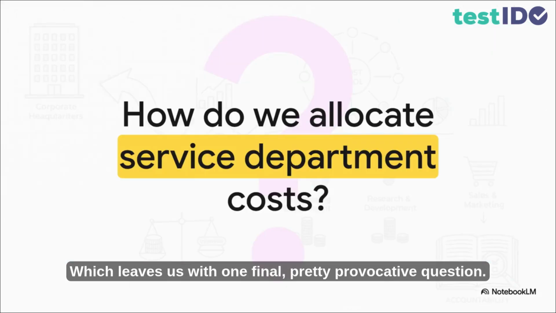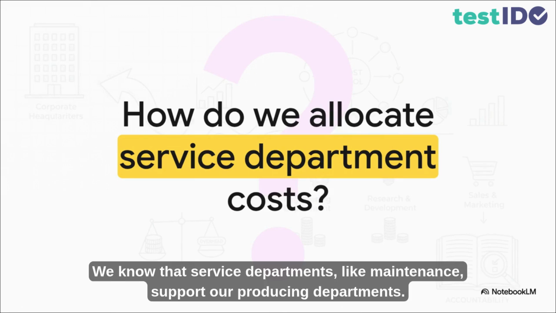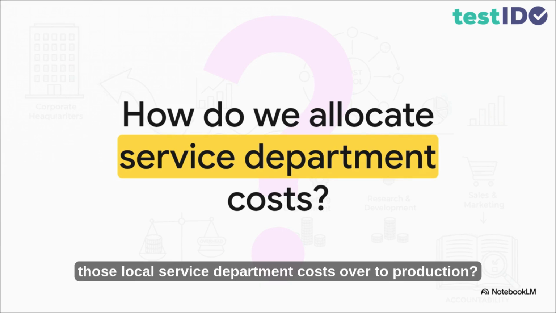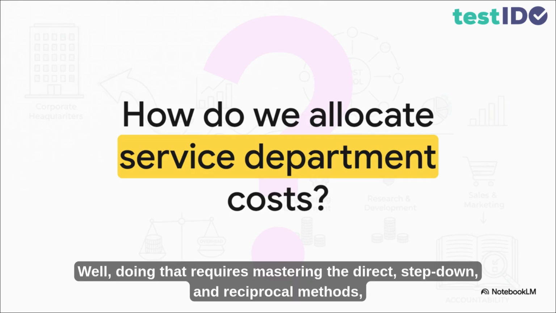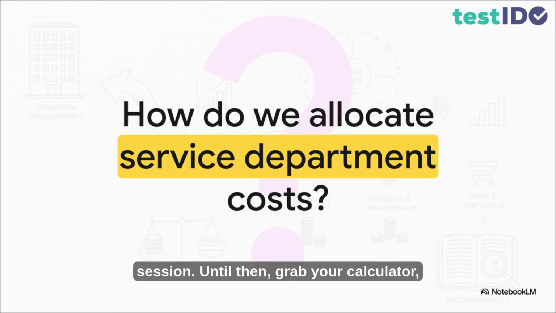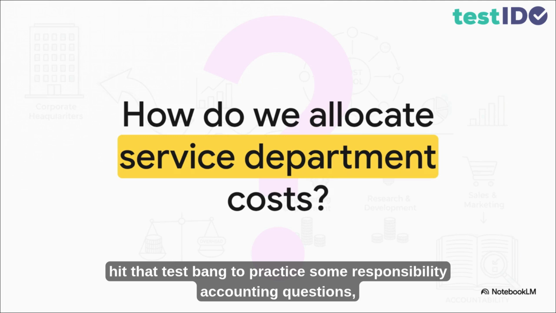Which leaves us with one final, pretty provocative question. We know that service departments, like maintenance, support our producing departments. But how exactly do we fairly allocate those local service department costs over to production? Well, doing that requires mastering the direct, step-down, and reciprocal methods, which is exactly what we're going to conquer in our next explainer session. Until then, grab your calculator, hit that test bank to practice some responsibility accounting questions, and